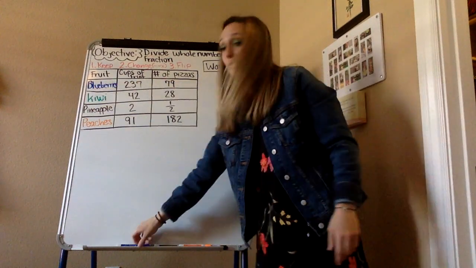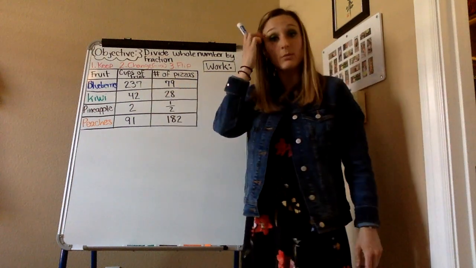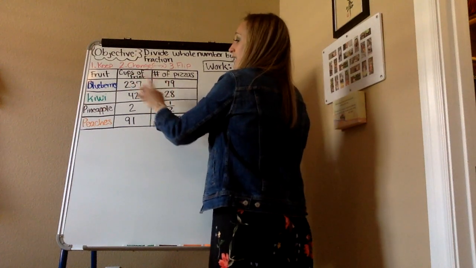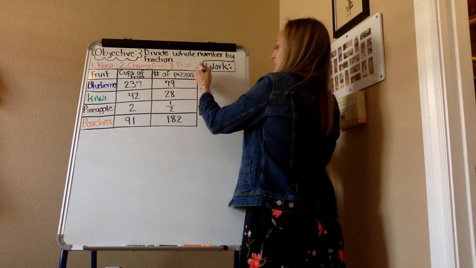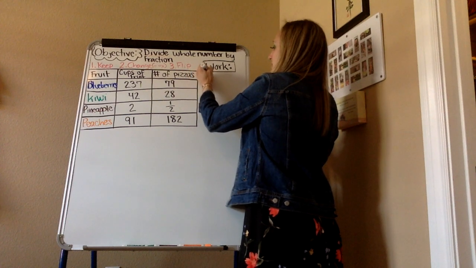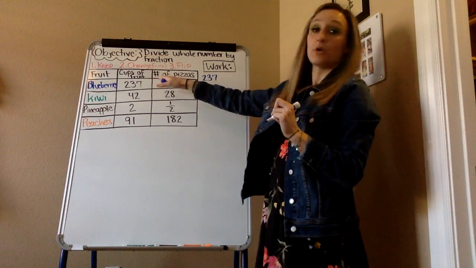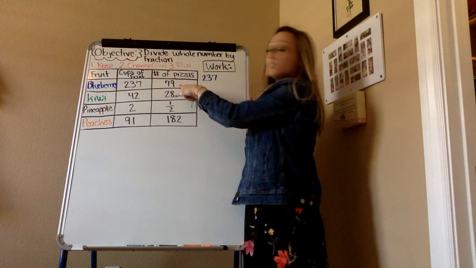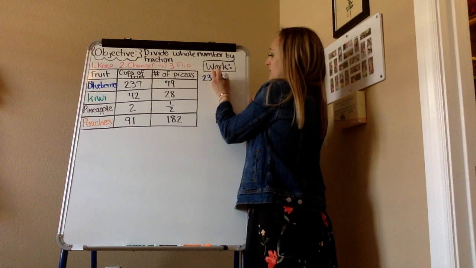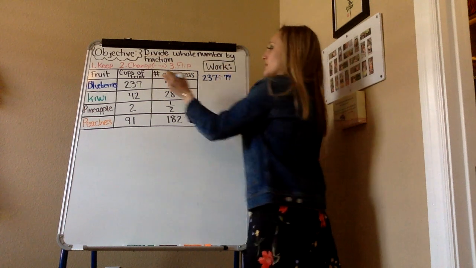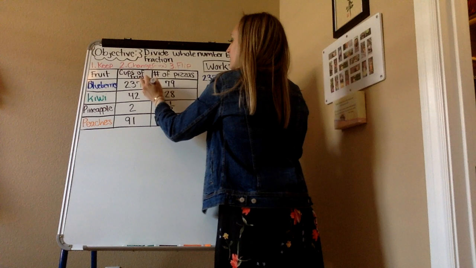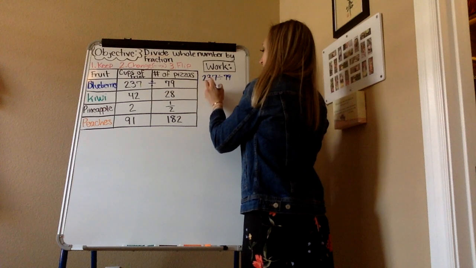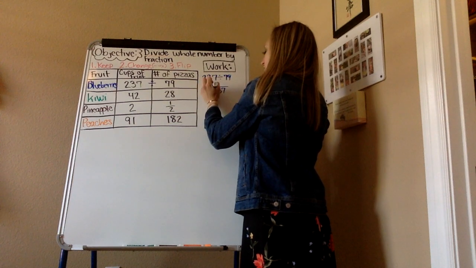This means in my division problem that I'm creating from this table, with blueberries, for example, I'm starting with blueberries. And it says cups of fruit. Okay, so I have 237 cups of fruit that I'm going to divide among 79 pizzas. So the math that I am trying to do is 237 divided by 79. Now, I can set this up like long division